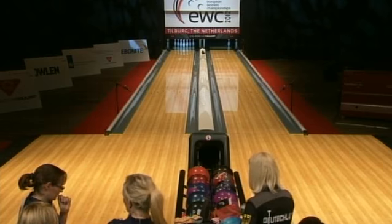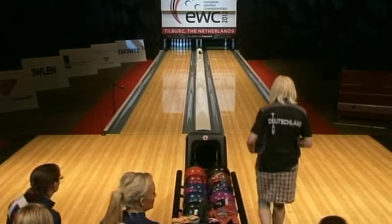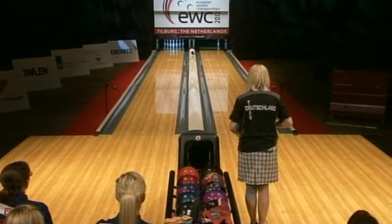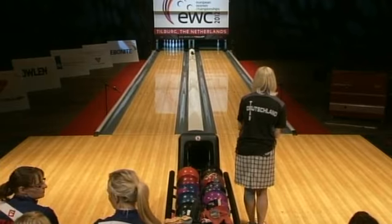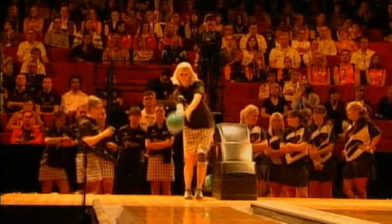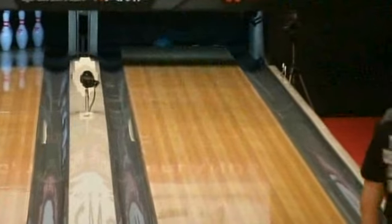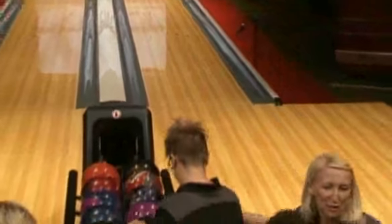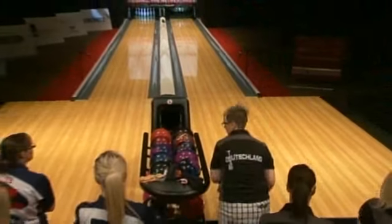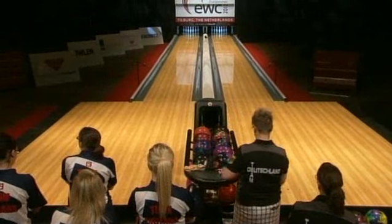So I always say if it works, it works. And I'm sure it will. She'll make it work. Let's see what her spare ball does, since she hits the ball quite a bit. Let's have a look at that. Oh, it hooked midway. Yeah, it's tricky. I feel like they're going to have to move left and try to keep up with that backhand hook it's going to have. They have to, because